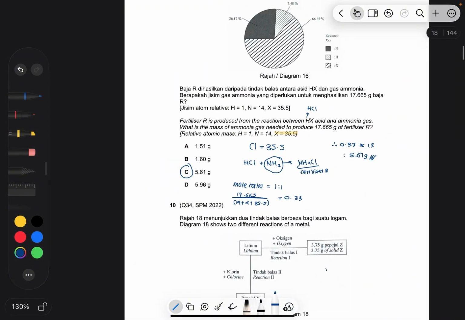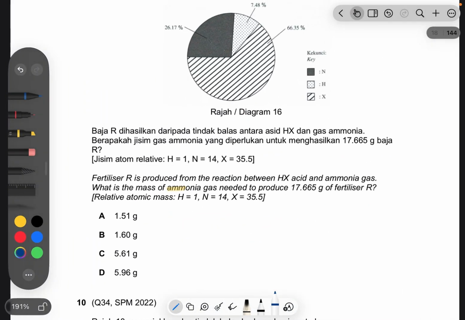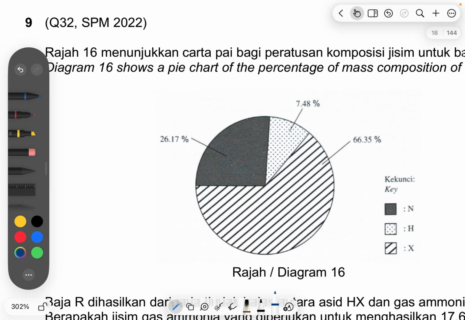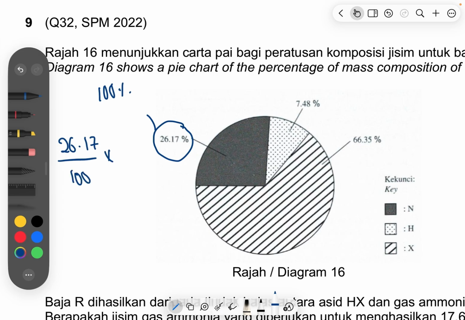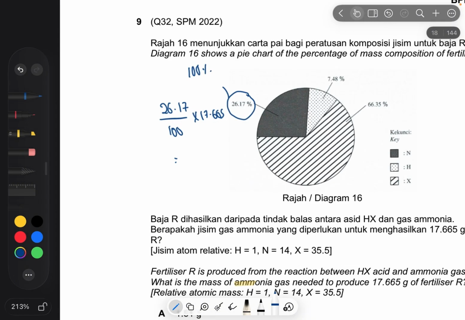Okay, what if you don't know the molar mass for chlorine? So there's actually another way to do this, which is by taking this percentage composition for nitrogen, and total percentage is always equal to 100%, right? So you take 26.17 over 100 times with the mass of fertilizer, 17.665,